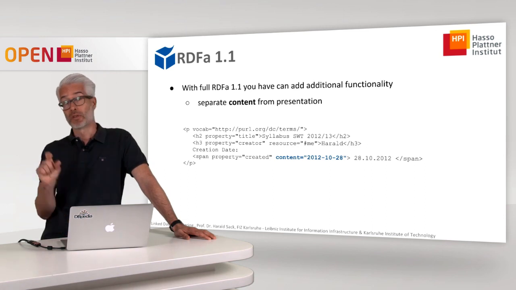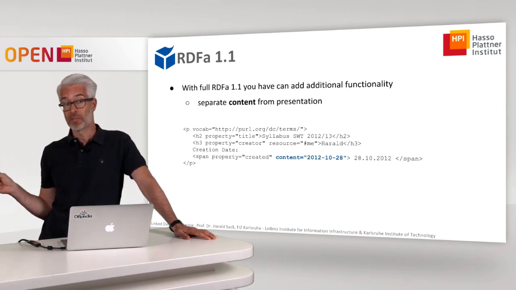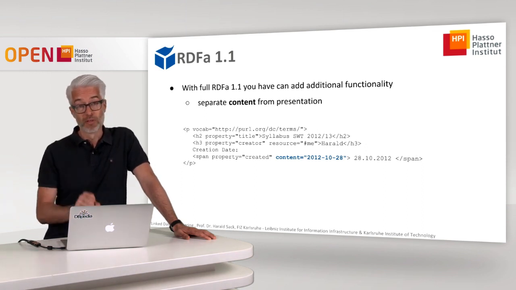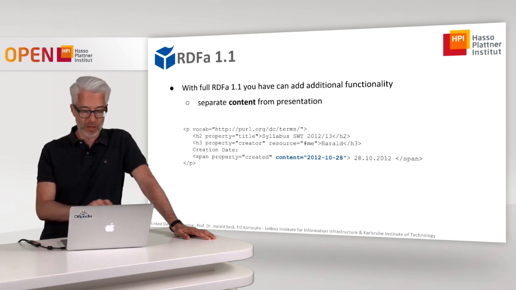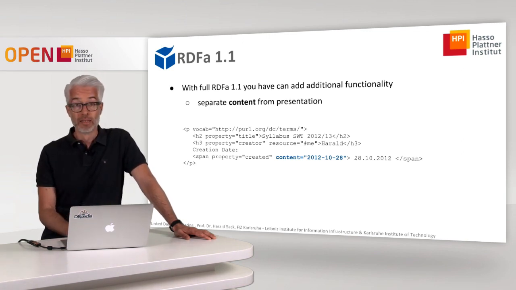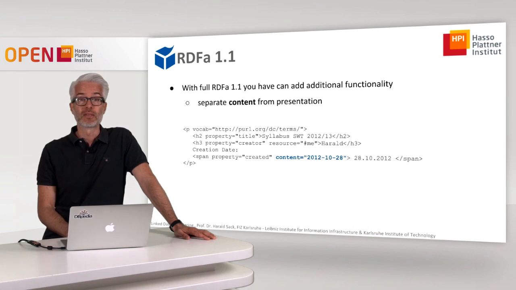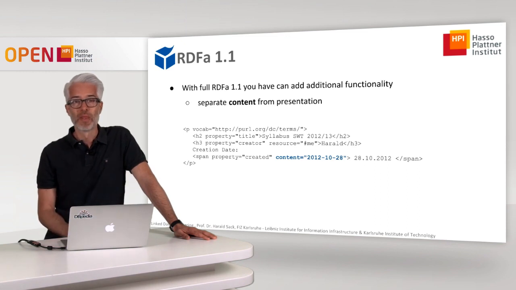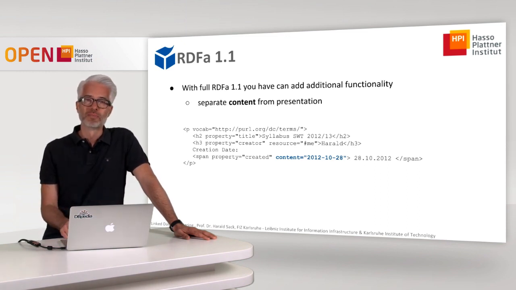Sometimes the content that is displayed in the HTML file should be different from the content that is read by the machine if the RDF data is extracted. For example, if you are dealing with a date, you might want to give the date another format than the traditional format or the format that is somehow fixed. So here I define, for example, a property created. And the property created denotes simply that this part of the document has been created at a specific time. And then what is displayed in the document is